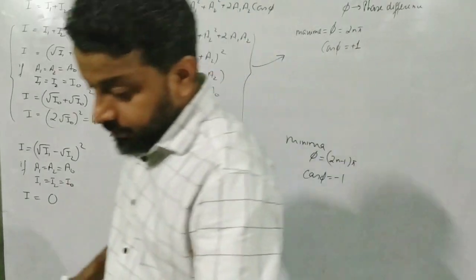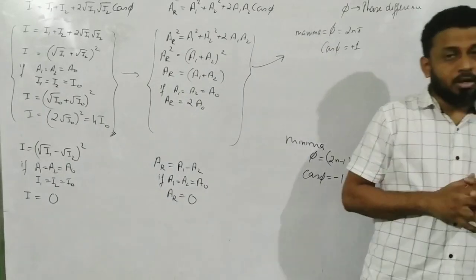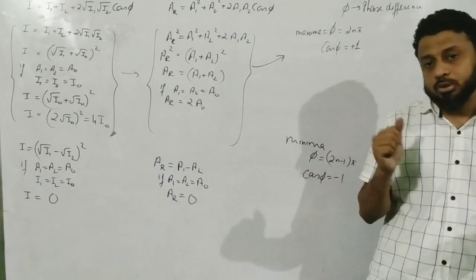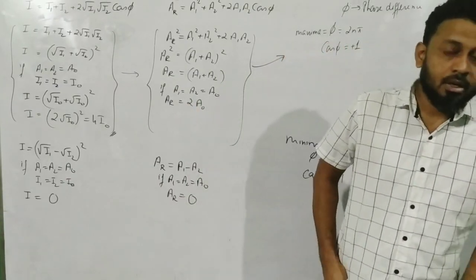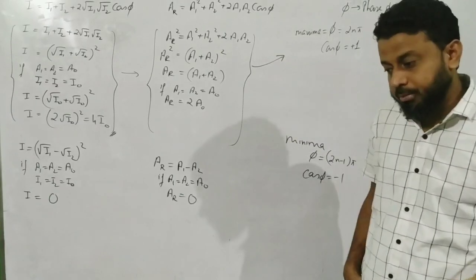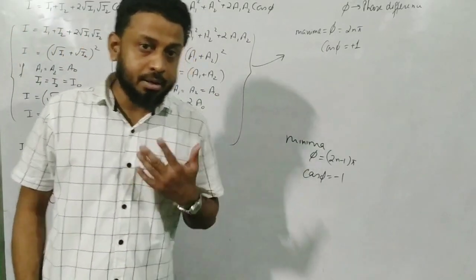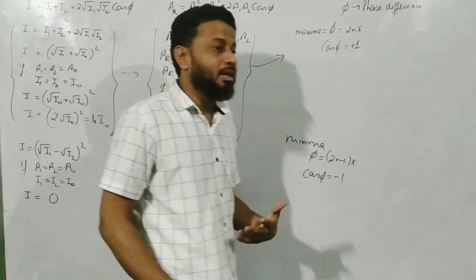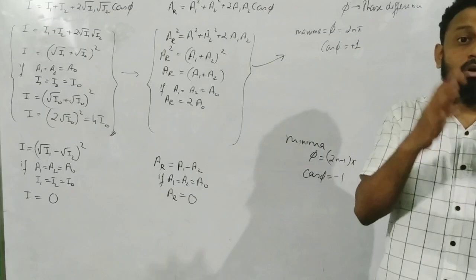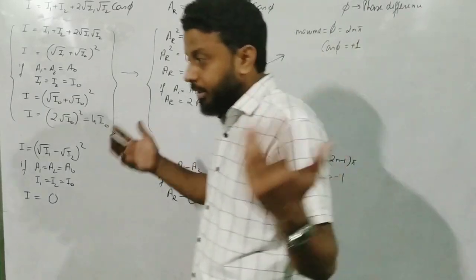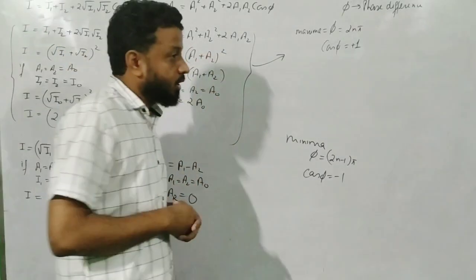Now, let us try to understand very carefully what I am going to say. Suppose in a room you have two bulbs. Both bulbs are switched off. You switch on the first bulb, and that room is filled with the intensity of I naught, let us say. You switch on the other bulb, and the room is filled with another intensity I naught. Intensity is nothing but energy per unit area per unit time. So basically your room is now filled with intensity 2 I naught, correct? I naught from one bulb and I naught from the other. This is normal behavior of light when interference is not taking place, because there is no slit in the room.